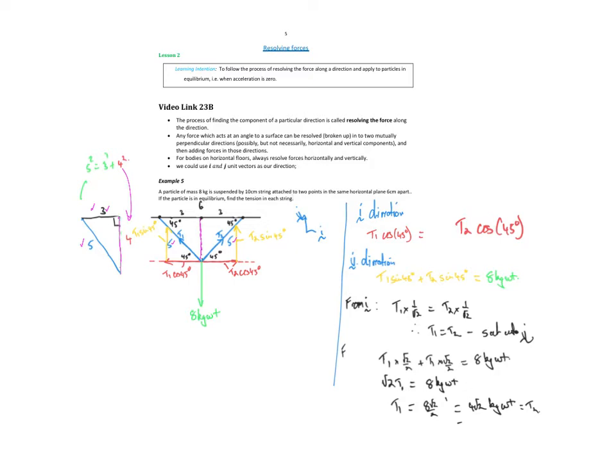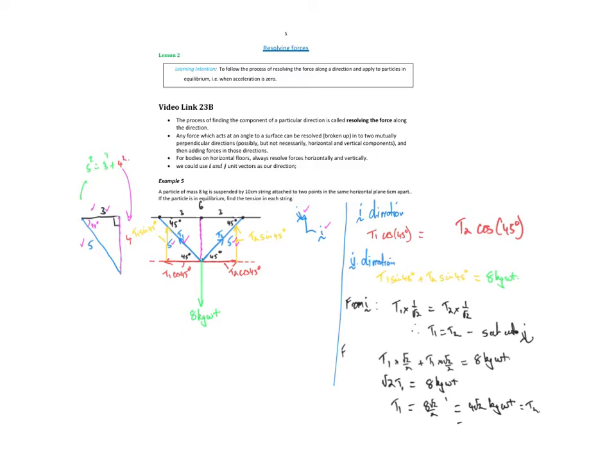Now, because these two lengths are both 5, it's not only a 3, 4, 5 triangle, the big one is isosceles, so they're making 45-degree angles at the roof. From that information, we know the angles. So in terms of resolving the forces, we tend to identify an i and a j direction, perpendicular to and parallel to gravity if our particle is on a flat surface, or hanging freely, and perpendicular and parallel to the plane if it's on